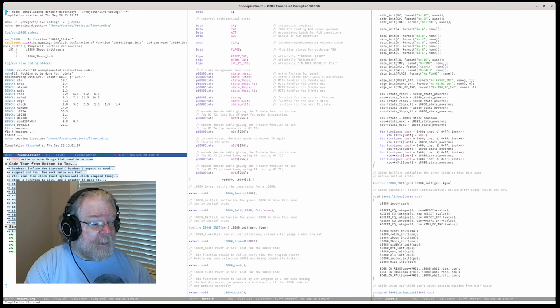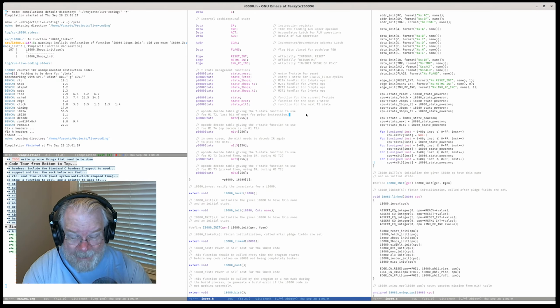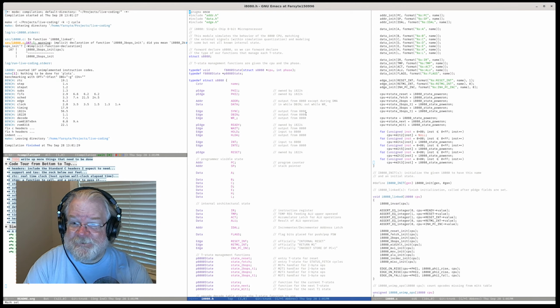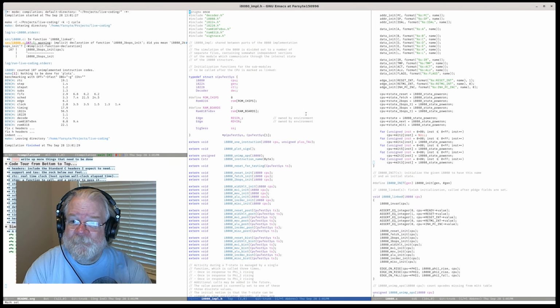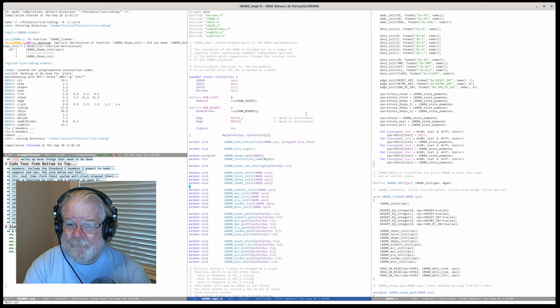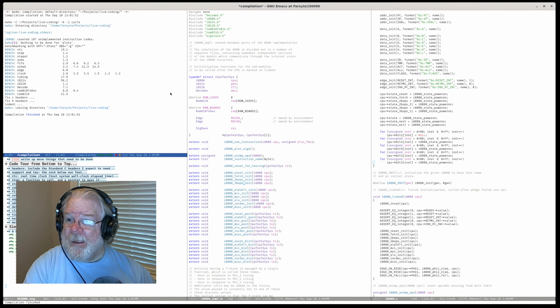So now we have this warning that we are not declaring 3bops init. How about that? Well, goodness. Inc, I8080 impl. There's 2bops. So now there's 3bops. And we're back to compiling.